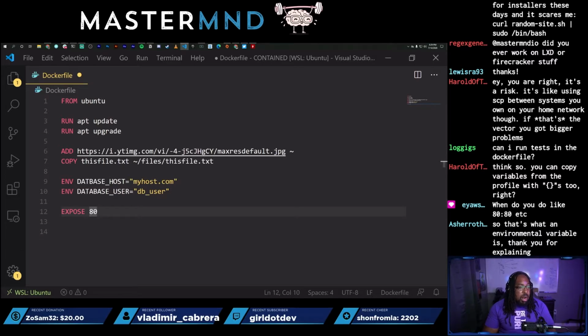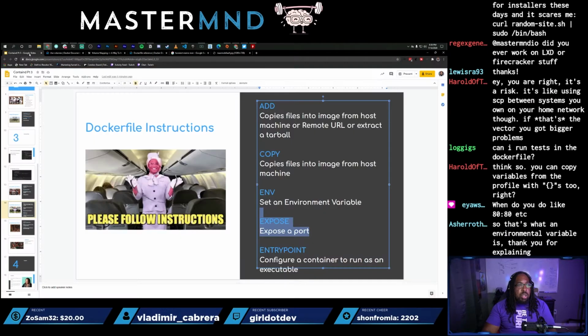So what's an environment variable? Oh, perfect, Asheroth. So expose and then entrypoint. Now this